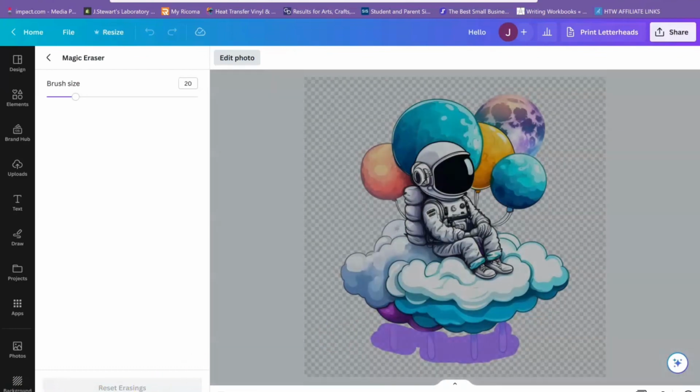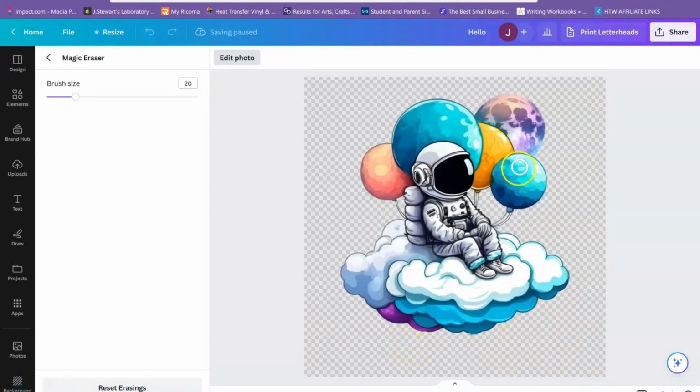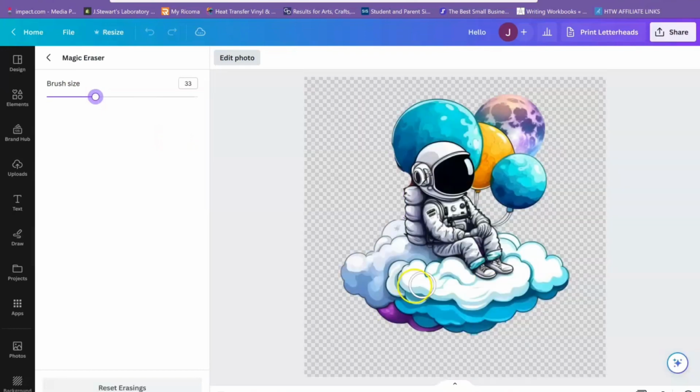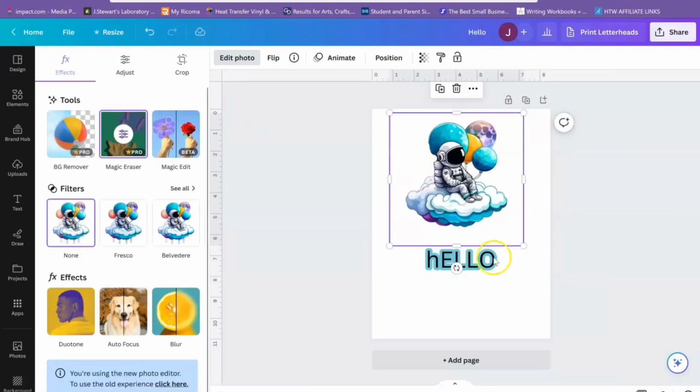to remove it. And now the drips are gone. And I can remove, let's remove this one. And you can go over here and you can make the brush bigger or you can make it smaller, just depending on what you want to do or how detailed you want to be. And you see, it's gone. And then once you're done erasing what you want, you just go ahead and hit that back button